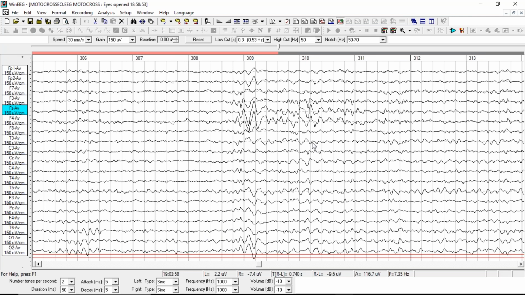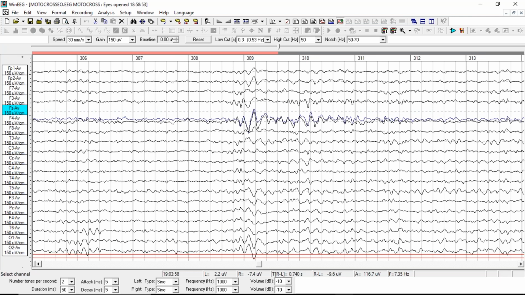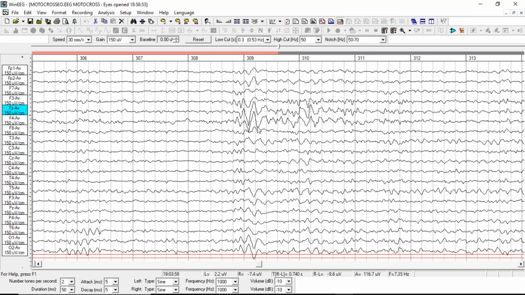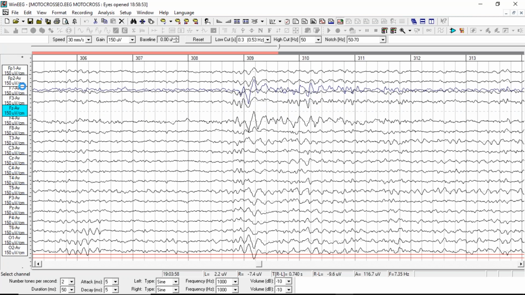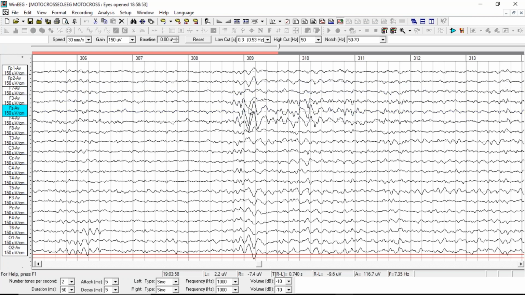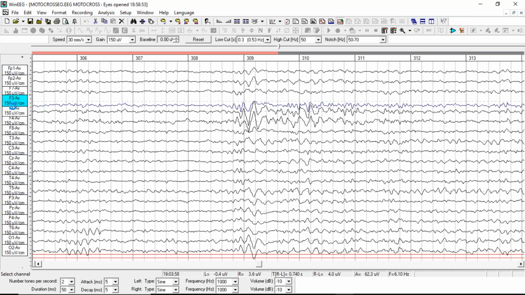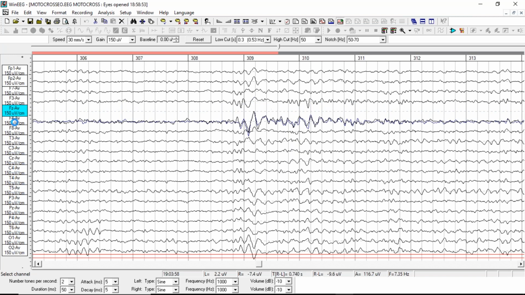But as we can see, here's the discharge again, F3 to F4. Here's the amplitude, some FP2 as well. So it's the right midline to the right side of the brain, percolating to the left, and then discharging to the other side of the brain. But here is the spike and wave complex with the posterior slowing characteristic of that discharge, that it's affecting the athlete's performance and putting him at risk